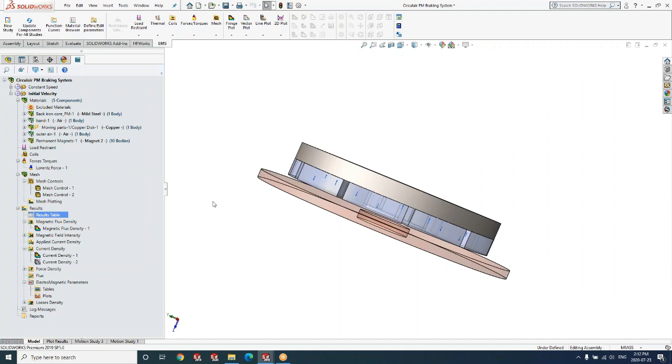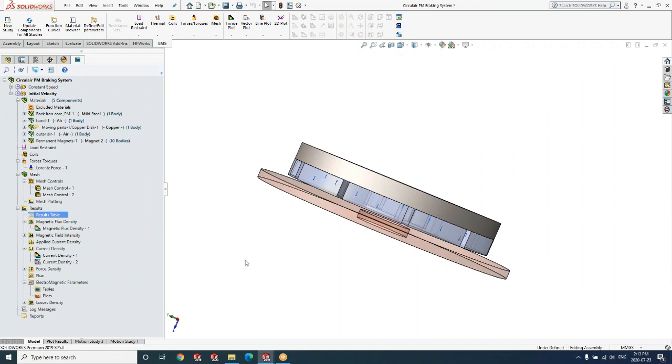Eddy current braking systems are inherently a combination of electromagnetics and a motion simulation, so you can call this class of problems multiphysics problems. The motion solver we will use for eddy current braking simulation, and the natural solver of choice for EMS products, is SolidWorks Motion.